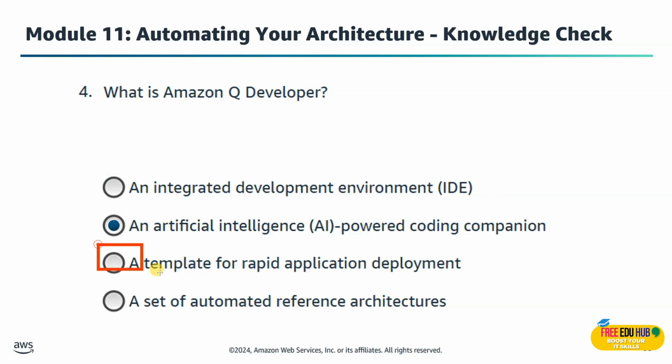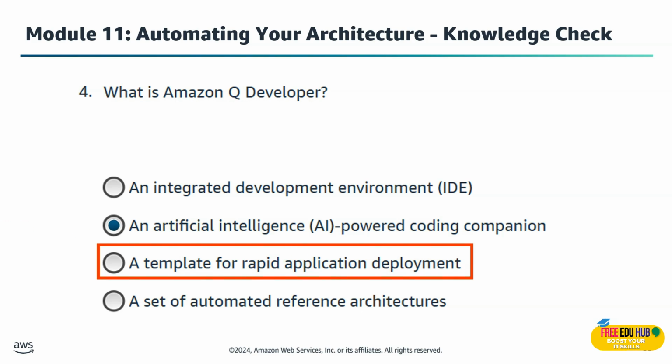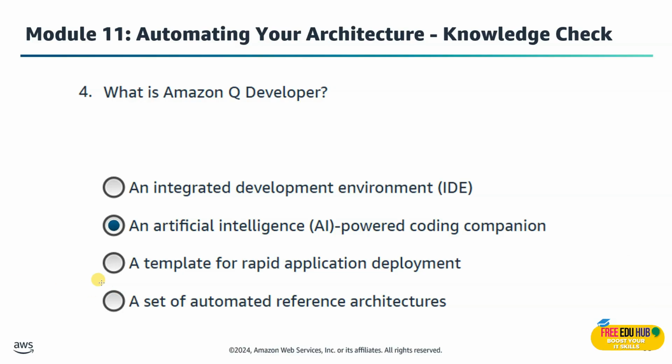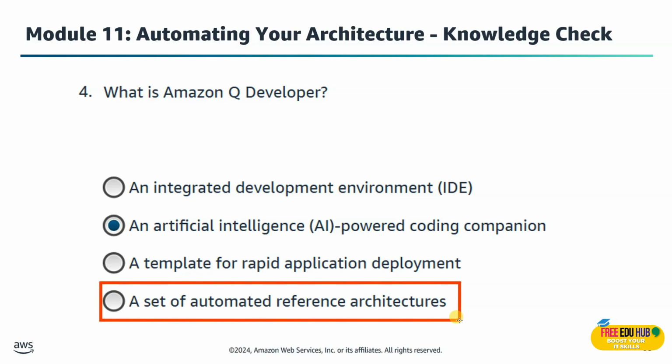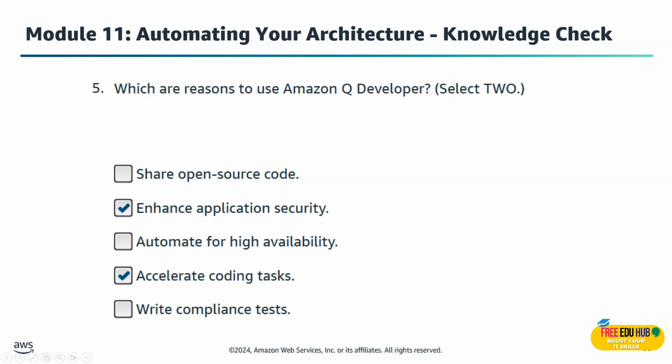Then we cannot go for template for rapid application deployment. That's what AWS Quick Start and CloudFormation do. And a set of automated reference architectures is also not the right option, because again, it describes Quick Starts, not Q Developer. Now question number 5 says that